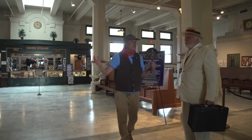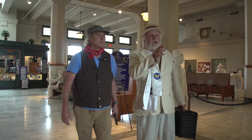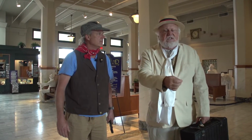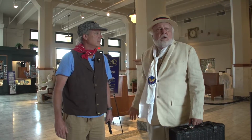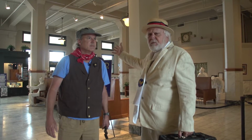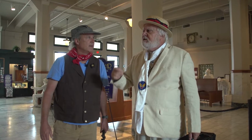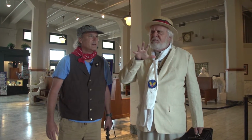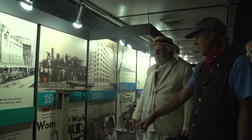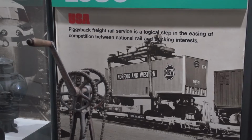So we walk out these depot doors, and we are smack dab on the Strand, the Wall Street of the South. Now, think of this. This is the connection point to the world. We get on a ship, we can go anywhere in the world. This railroad is a connection point to the United States. To use the old real estate saying, location, location, location, and they built this railroad station in the best location. This is interesting. In the 1950s, that's when they started putting basically tractor trailers like a...